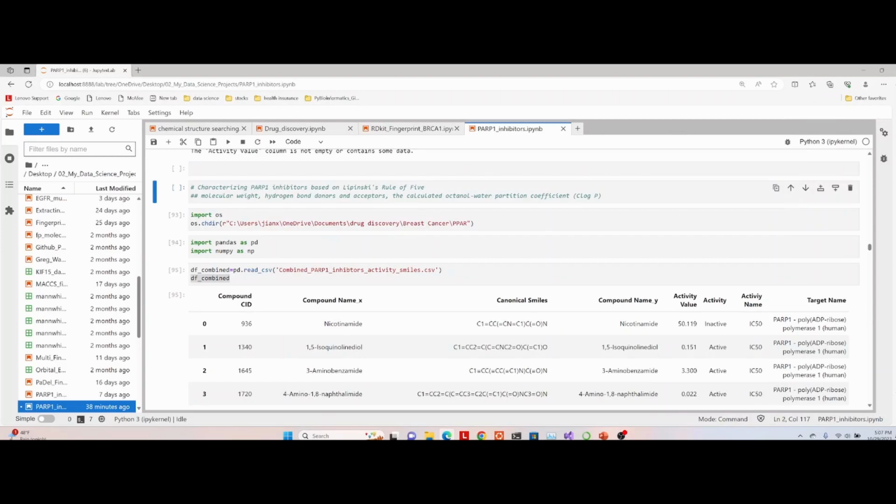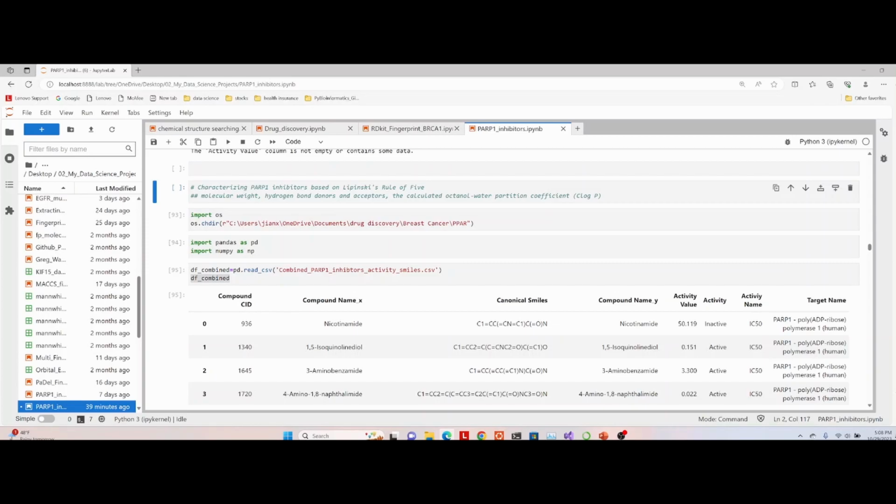Okay, let's continue with the compound inhibitor analysis. Now we can do some analysis on these inhibitors, on this data, and see what it looks like. For general characteristics like Lipinski's rule of 5, we look at molecular weight, hydrogen bond donors, acceptors, and the octanol-water partition coefficient. These coefficients regard hydrophobicity and hydrophilicity. These characteristics are very important for an oral drug, whether it works or not in our human